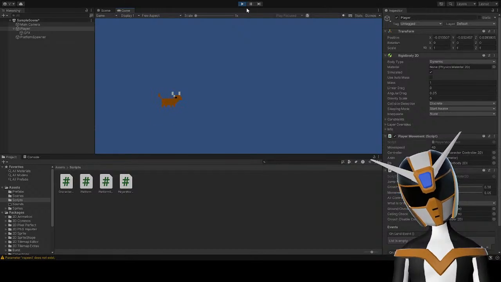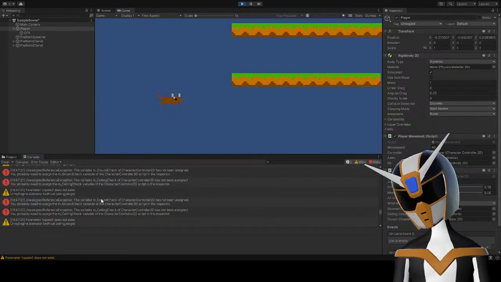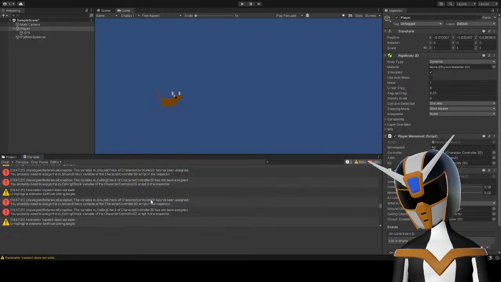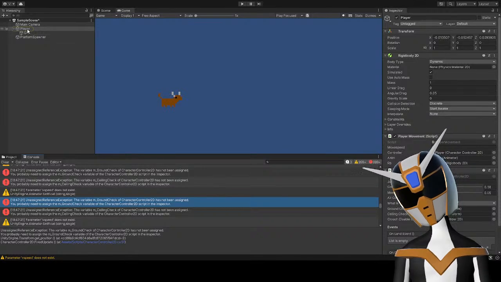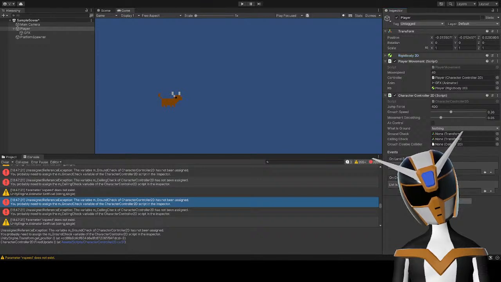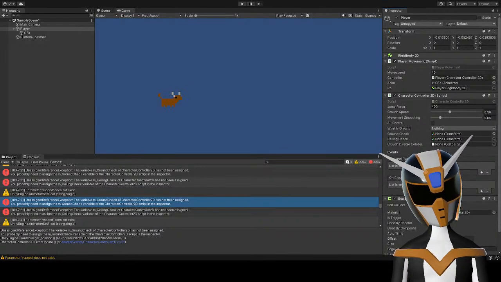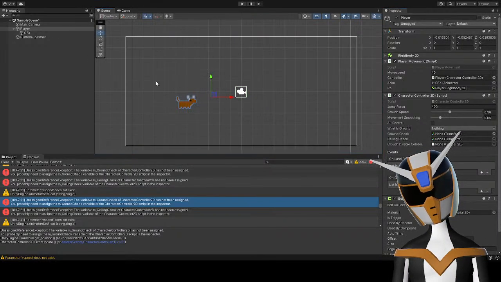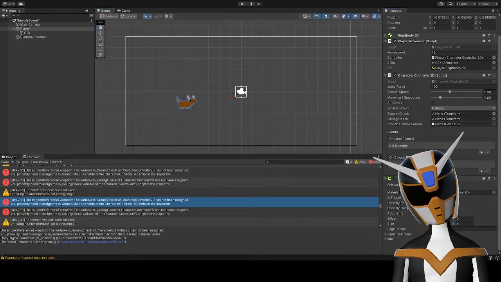Okay, well, he's not moving. Why is he not moving? Oh, wait. Ground check variable. Oh, yeah. Okay, so right. Let's add a box collider, first of all, so that he can collide with things. Can't see the collider.